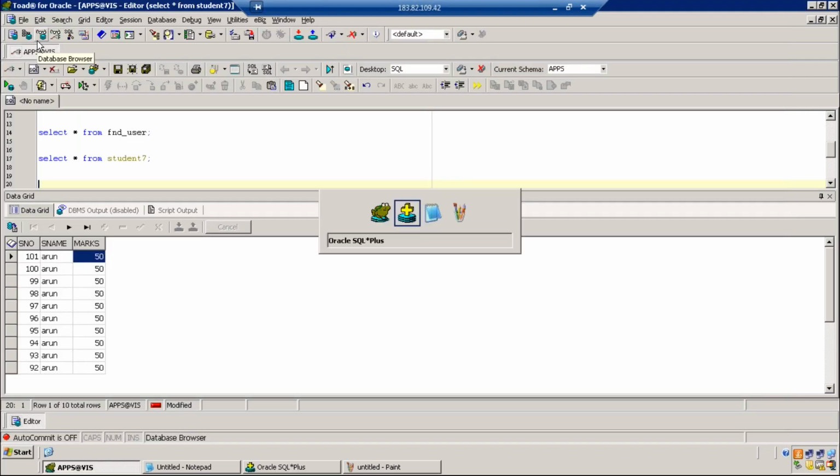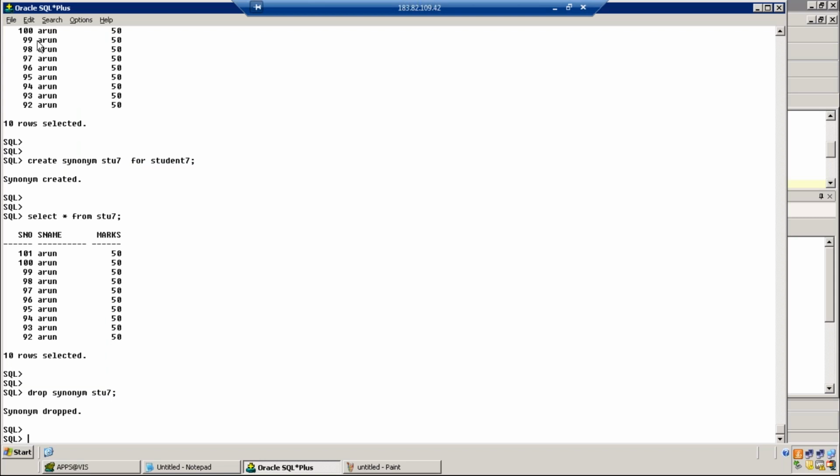Got it? But if I'm using the synonym in some joins and then I drop it, will that integration still be there? No, it will not be there. The integration will be lost. That is the reason for joins we always go for table aliases. Because you have created a synonym, but other developers don't know the name of the synonym, isn't it? So whenever you're writing joins, blindly go for table aliases. That's the industry standard. A synonym is just an alternate name given to a table.